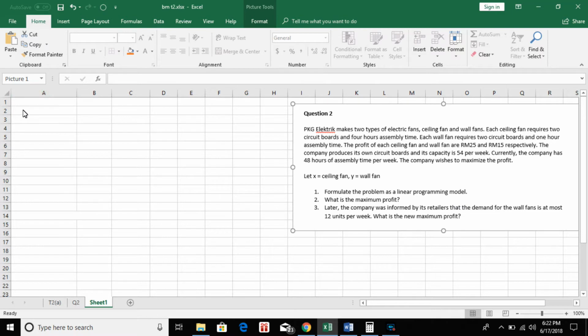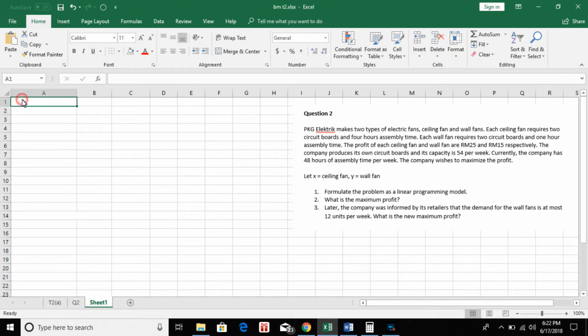So I will straight away start from here. First of all, we have our decision variables and objective function, and we also have constraints. So our objective function is